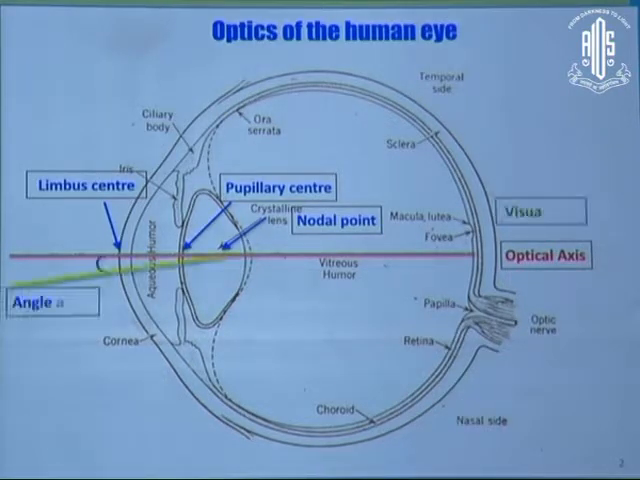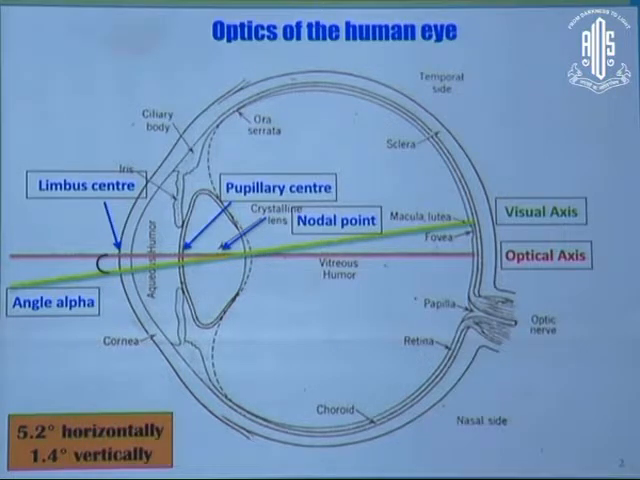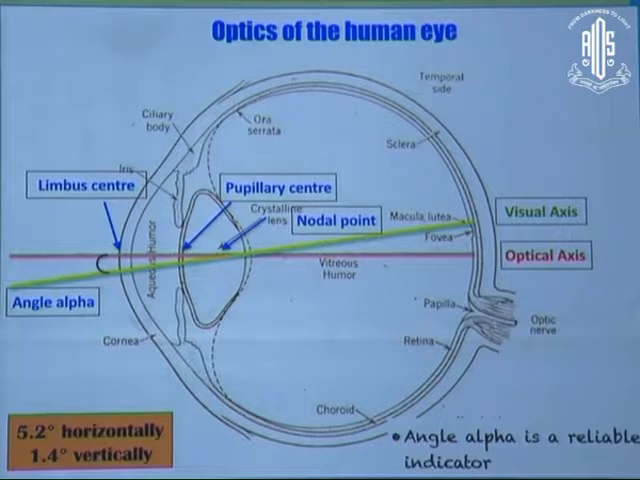There's another, the visual axis, which passes from the object at the infinite distance and goes up to the fovea. The angle formed between the optical axis and visual axis is the angle alpha. Under normal scenarios, the angle alpha is 5.2 degrees horizontally and 1.4 degrees vertically. In today's scenario, angle alpha is becoming a more reliable indicator in predicting the outcomes in cases of refractive lens